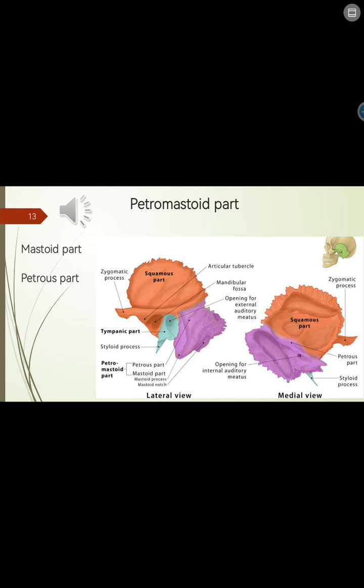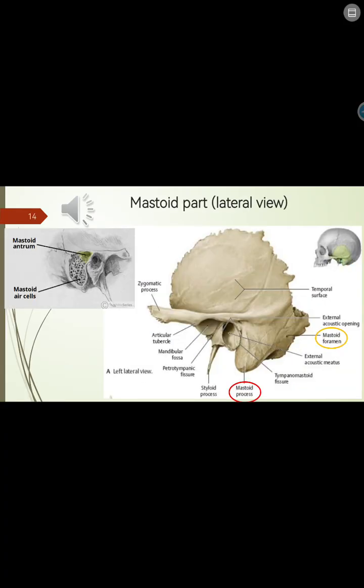So this is the different views of the temporal bone, and you should pay attention that just in the medial view we can see petrous part of the petromastoid part of temporal bone. The mastoid part of temporal bone is here. This part is a posterior region of the temporal bone, and we can see a mastoid foramen